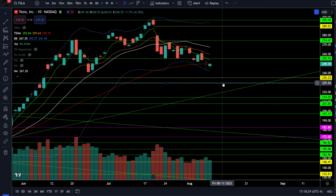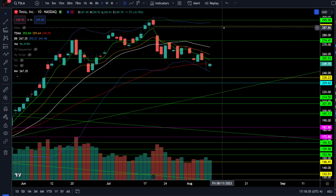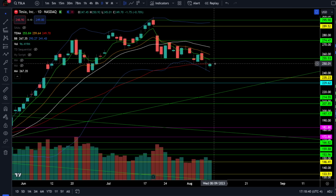If you want to be more conservative, wait until Tesla can break above 270 to 274, and then you can still have a nice trade up to fill the gap above 289. So it's up to you how you want to manage risk, but right here on Tesla, this is going to be a critical zone at 250 while we battle to see who is going to be victorious at the 50